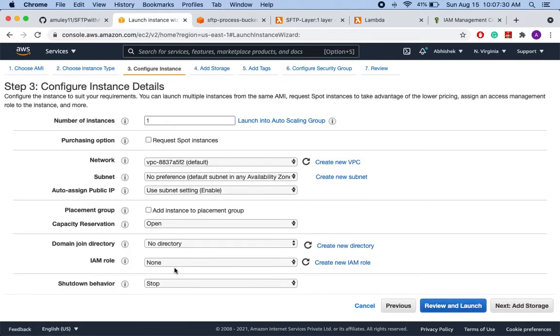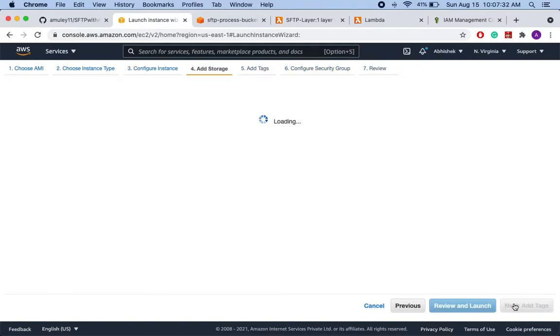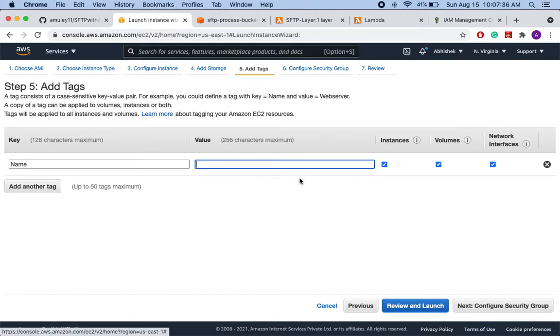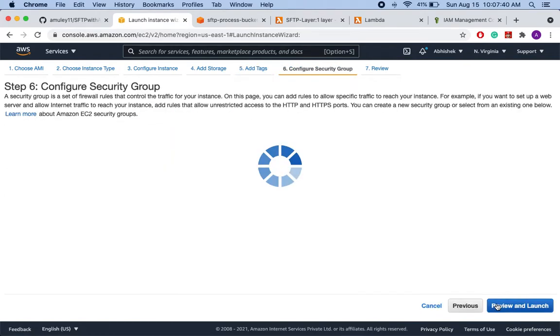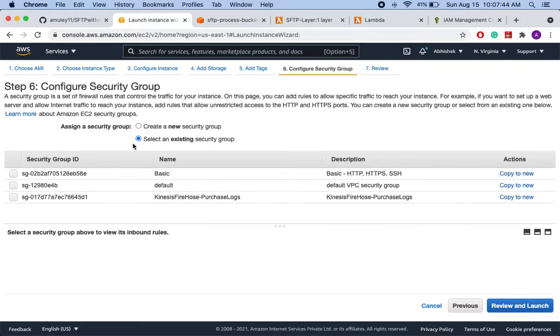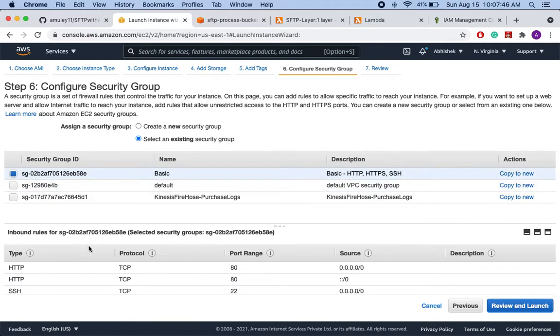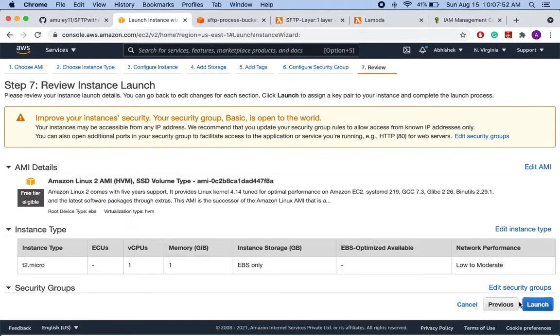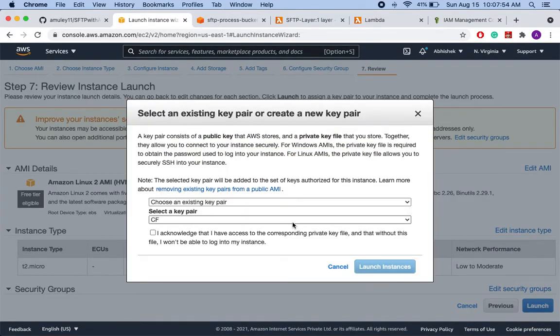Here I'm not selecting any role. Let's give a name tag. For security group, I'm selecting the basic security group, which has HTTP, HTTPS, and SSH access. And let's launch it.